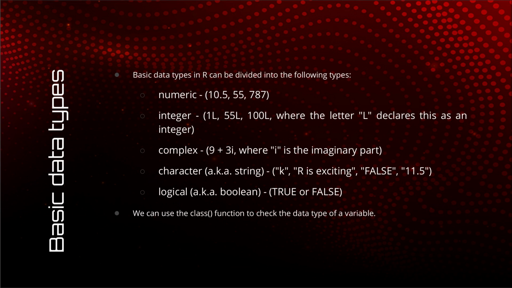We have the character data type, which is also known as a string data type in many other programming languages. So above, my name can be a string data type, a single letter can be a string data type. In fact, you can write numeric data within double quotes as a string data type. Lastly, we have the logical data type, which is the Boolean data type. This can take only 2 values, either true or false. And like I told you, you can use the class function to check the data type of a variable.